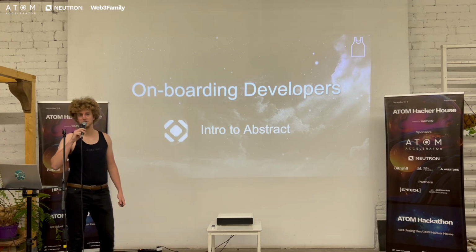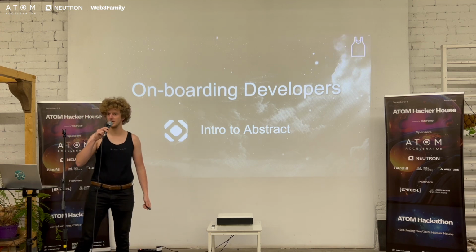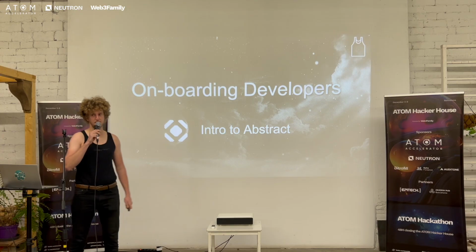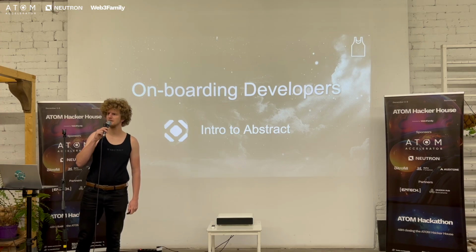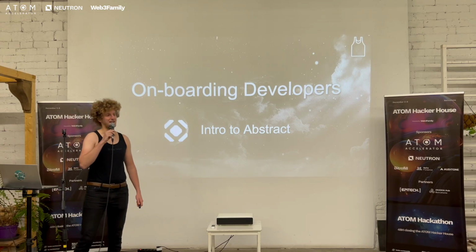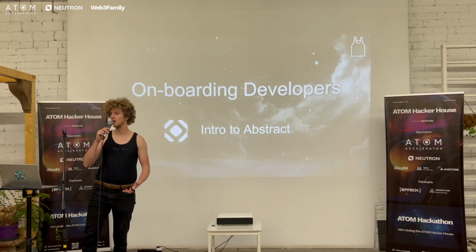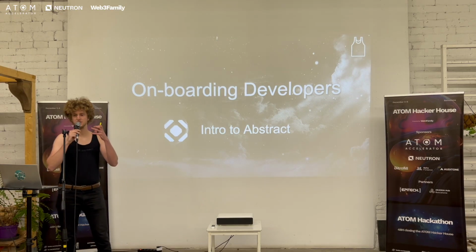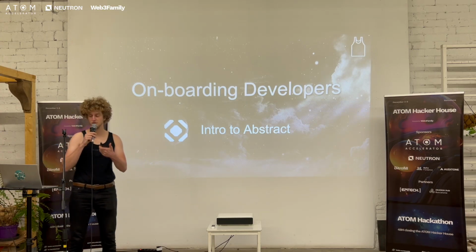Moving on, we're going to talk about Abstract. Abstract is a framework built on top of CosmWasm. So you've seen all those chains with CosmWasm on top of them. And Simon said around maybe 90 chains, 100 chains, to have CosmWasm? We say 100. Yeah, roughly 100, and plus. Abstract allows you to build on top of all those chains by default, because we target cross-chain development and we target chain-agnostic development. And you'll see what that means later.